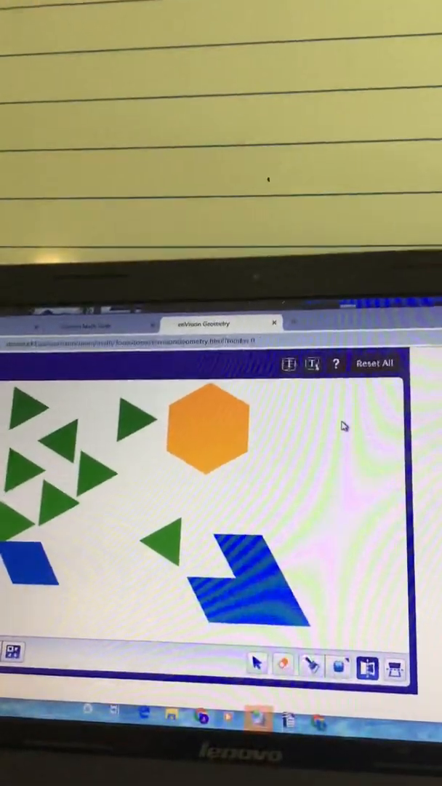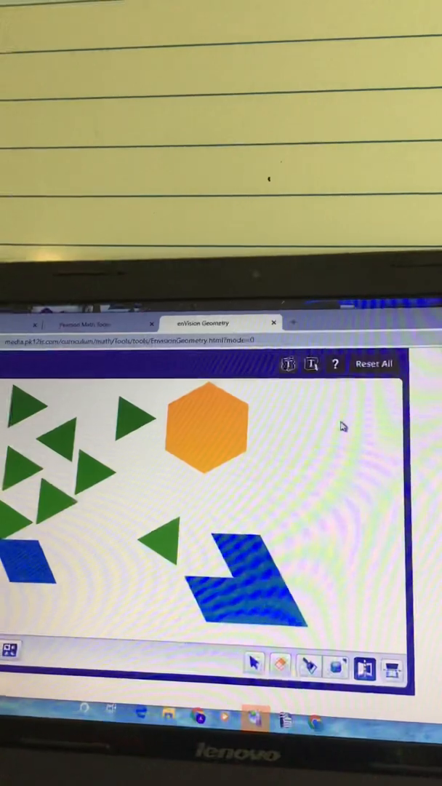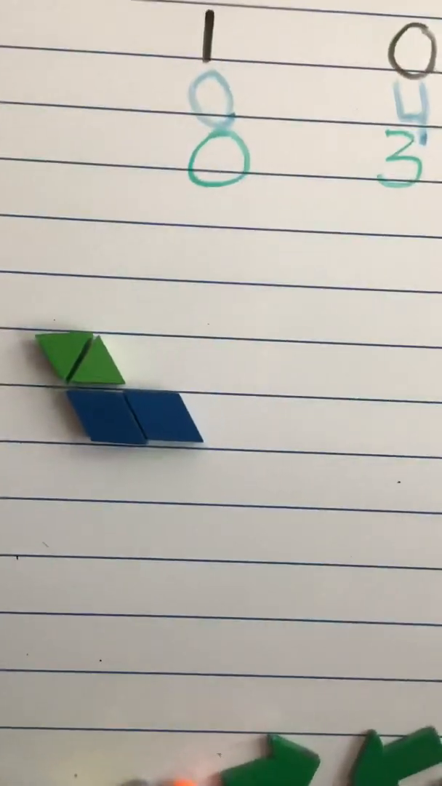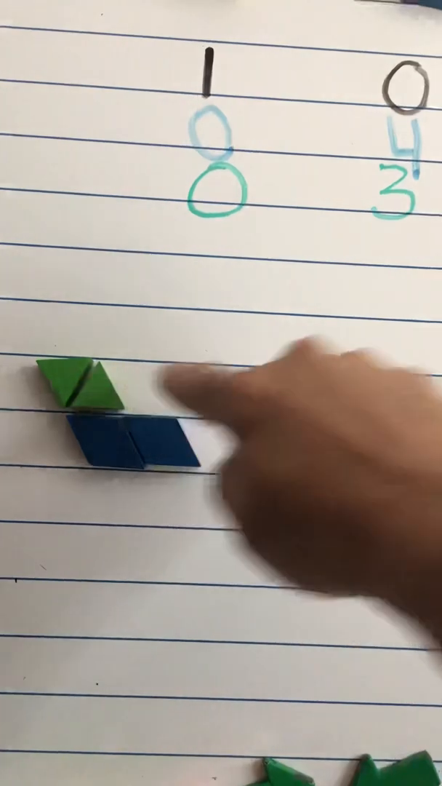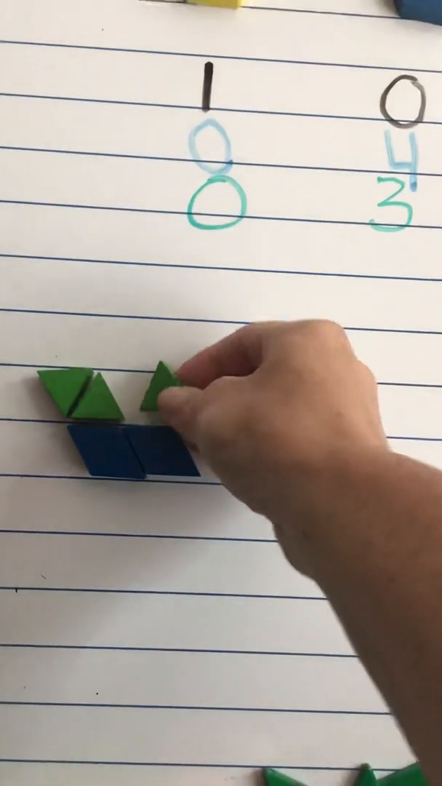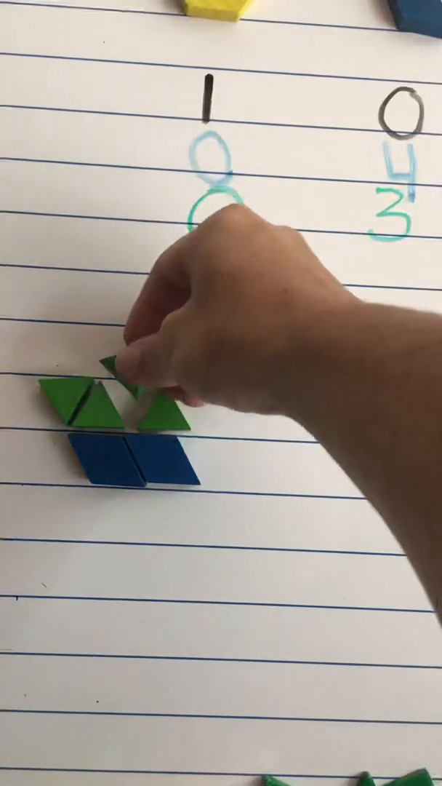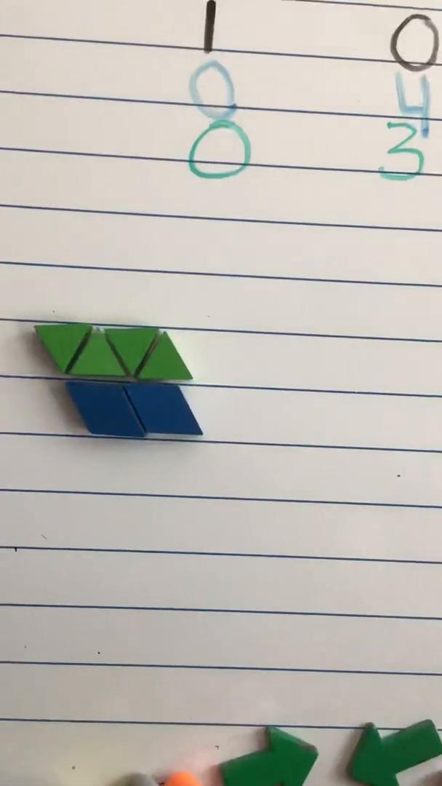Okay, let's go back and try another one. Let's see here. This time, I think I'm going to stick with these shapes. They're a little bit easier for us. We're going to keep these 2 and keep these 2. And I'm just going to do it again like that. So now I've got